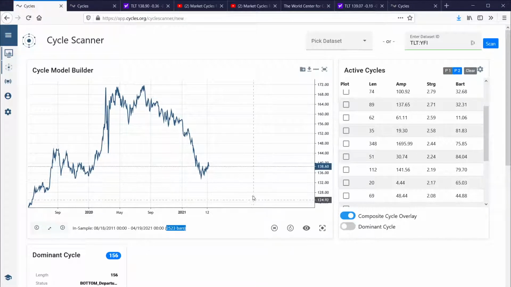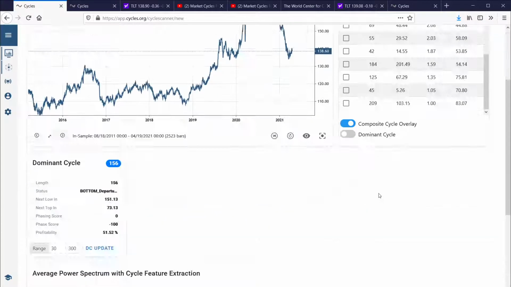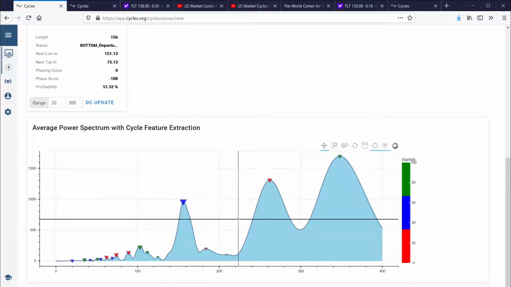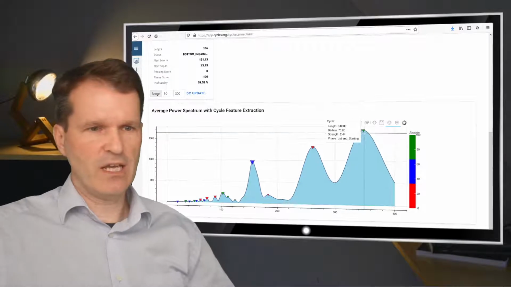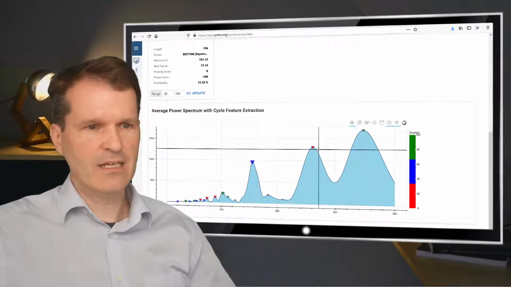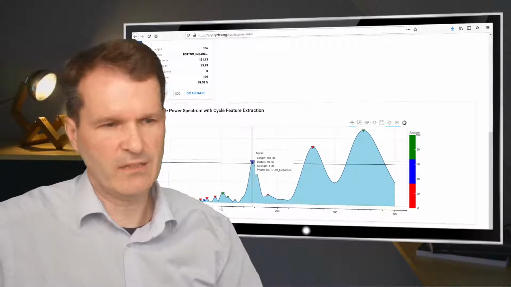But the standard procedure we apply here is we load up the data. The cycle analysis function has already been run, and we can move down to the cycle spectrum, which is a digital signal processing output that tells us something about the cycles which are active in this data set. If you want to find active cycles, you look for the peaks in this spectrum, right? The peaks we are seeing here are around 348 days. The second peak is around 262 days. And the third peak is around 156 days.